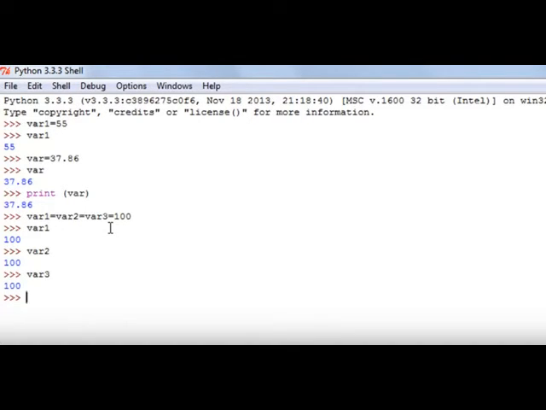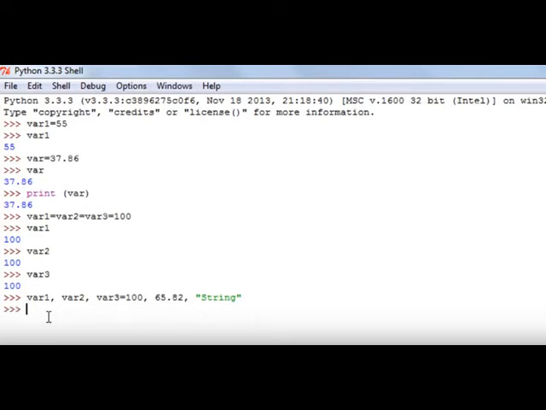And another thing that I want to show you guys is how you can assign values simultaneously to multiple variables but different values. So in this case we assigned the same value 100. If you want to assign different values to the three variables but you want to do that in the same line, then the way you do it is you'll type in the names of your variables, so var1, and then you use the comma symbol to separate the variable names this time, so var2 and var3, and then you use just one assignment operator, or you have to type in the equal to symbol just once, and then you can type in your value. So let's say I want to store 100 in var1 and then 65.82 in var2, and then I want to store a string in var3, so I just type in string within double quotes,